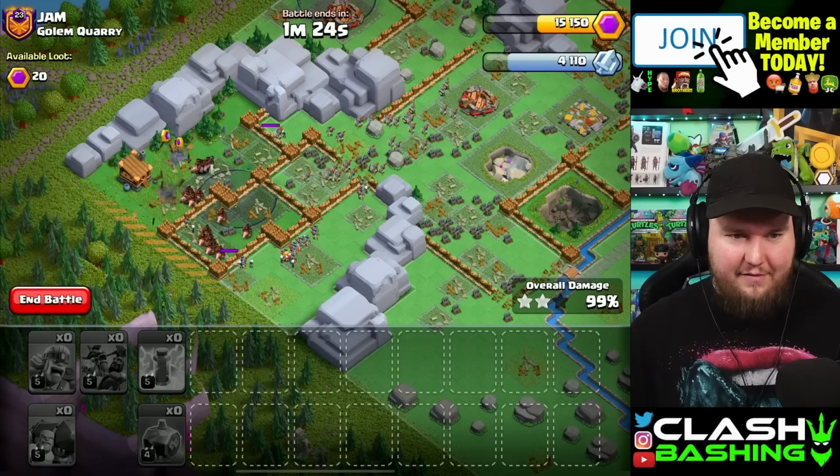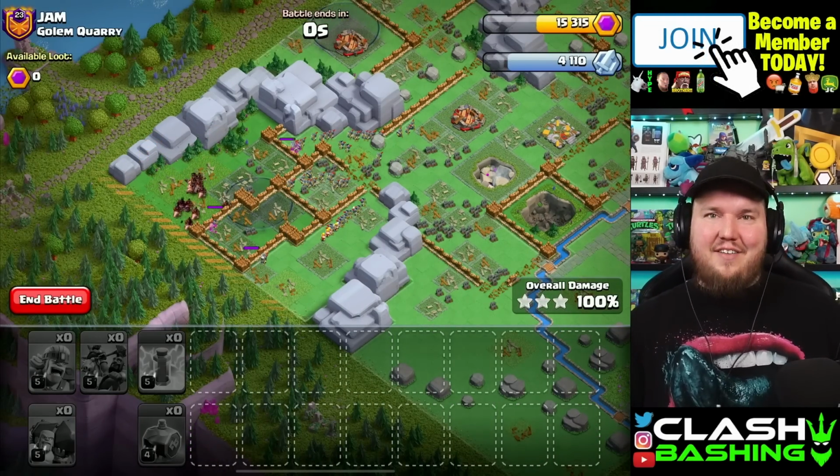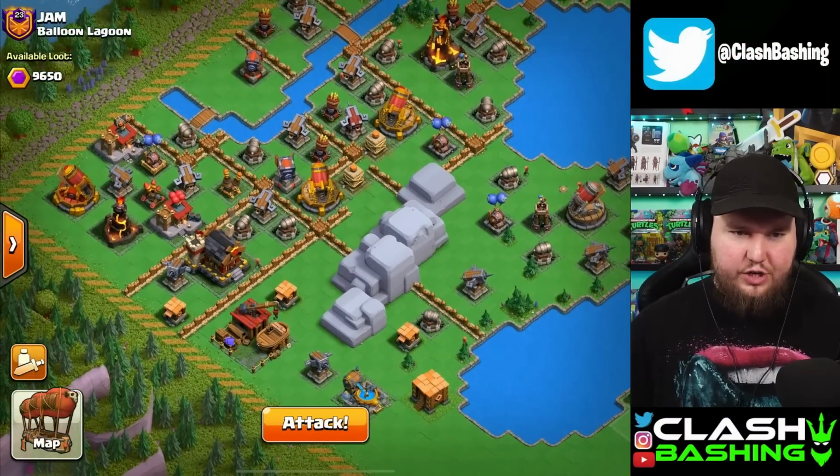Oh man, doing it live is a lot more stressful, guys. Doing it live is a lot more stressful, but nice. We get the 2-hit on that district. Let's just hit one more here to show you it works live. And Balloon Lagoon could be one of the tougher ones, so let's give this one a shot here, especially like